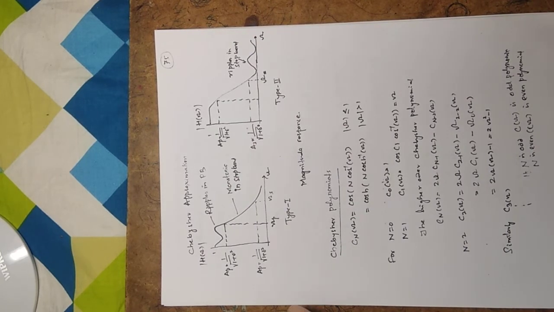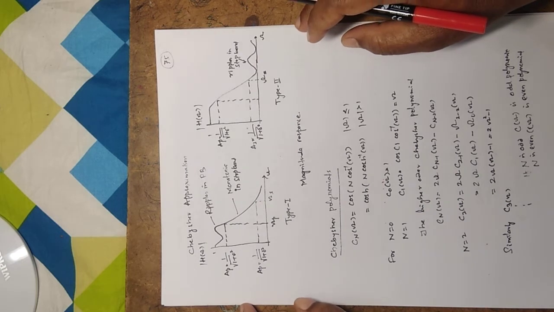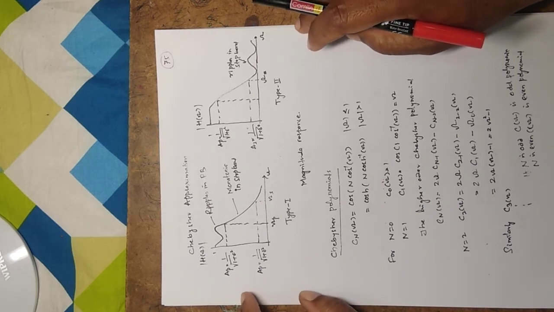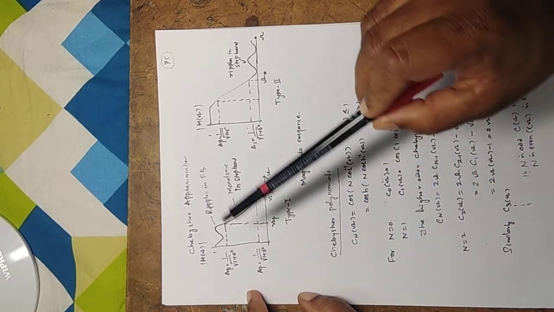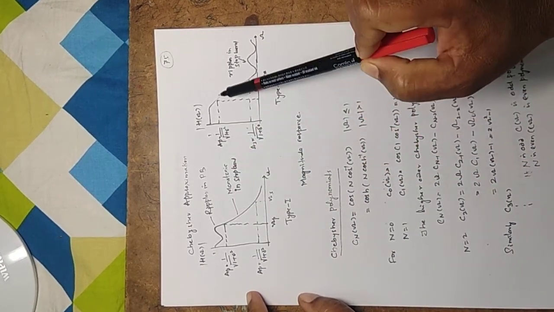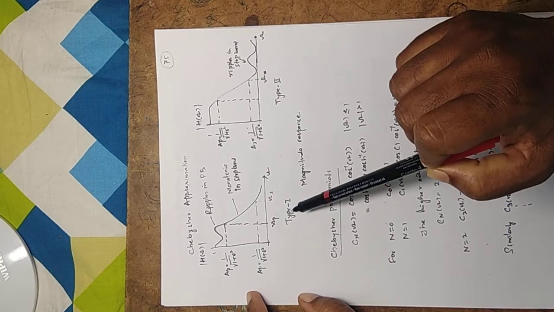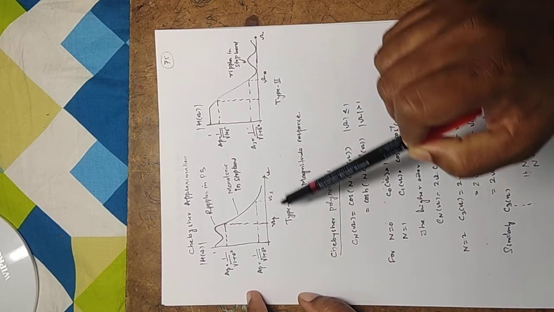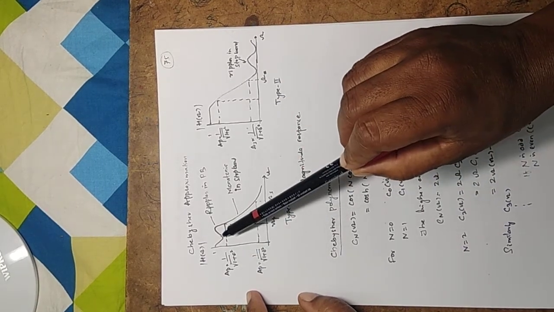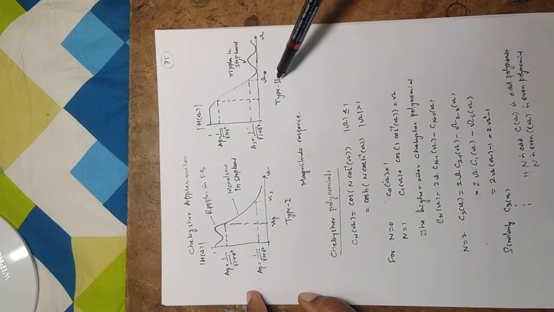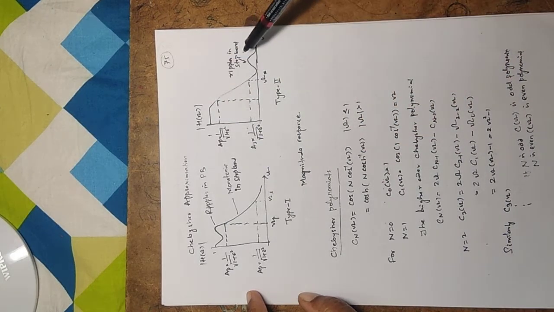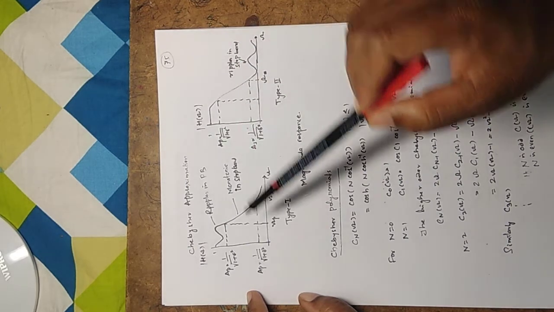Next, coming to another analog filter used to design the digital filters, that is the Chebyshev approximation. There are two kinds of Chebyshev approximations, type 1 and type 2. In type 1 you find ripples in the passband and no ripples in the stopband. In type 2 there are no ripples in the passband but ripples in the stopband.